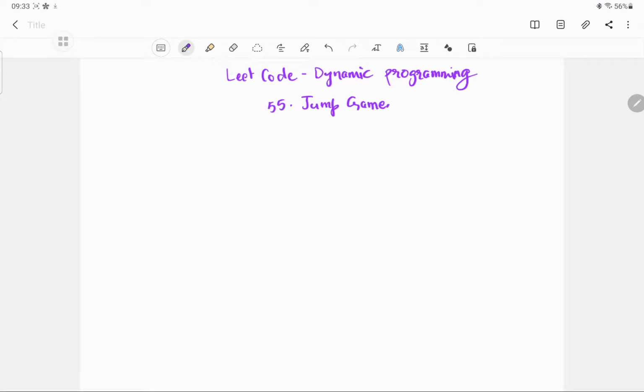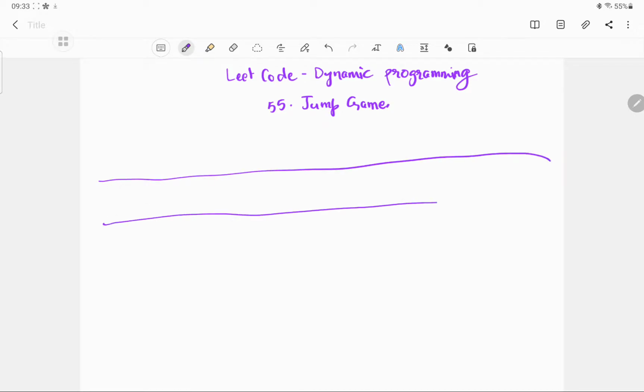So a basic overview of dynamic programming is we try to divide the question into smaller questions, find the solution to the smaller part, and build from that. For example, if we take this question, suppose we have a very long array of numbers like this, and this is the ith position.